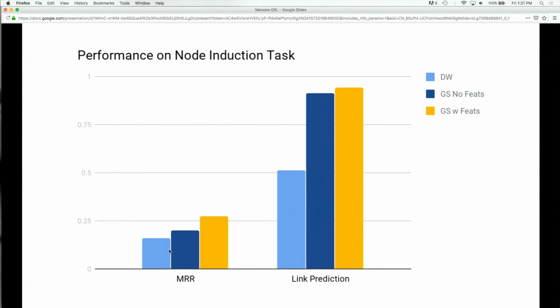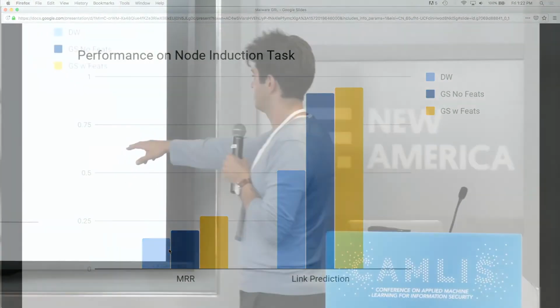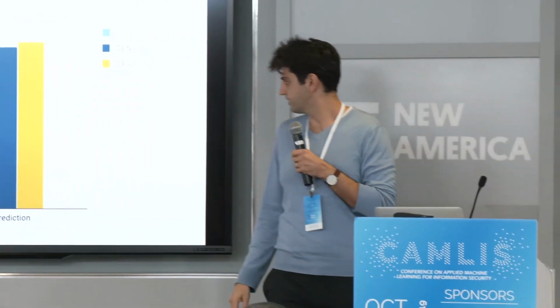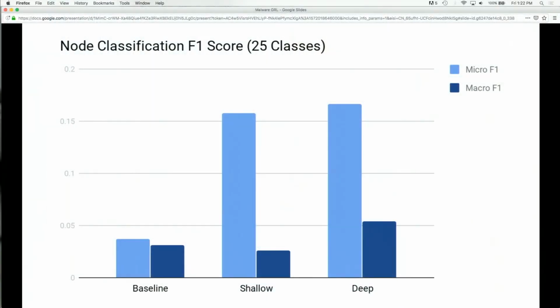Both mean reciprocal rank and link prediction task get better as you add the deep graph embeddings, and then also as you start to add in the features. So in this case, you see a significant improvement with the deep graph embeddings, and then adding in the features gets your best score. And then finally, for node classification,